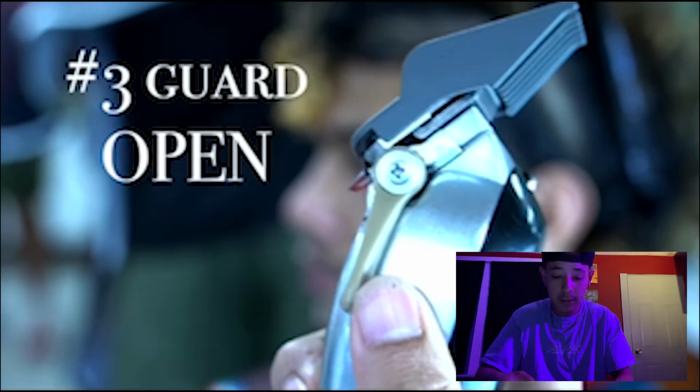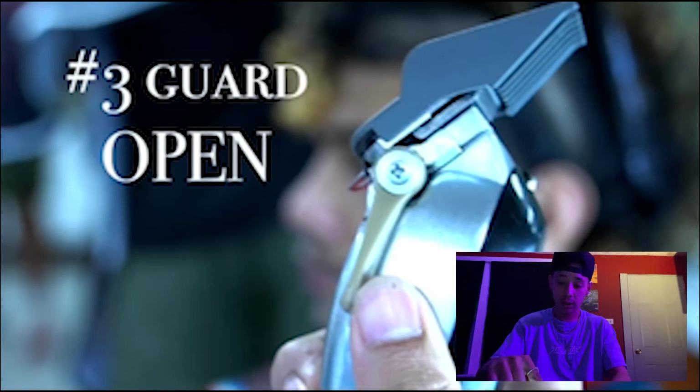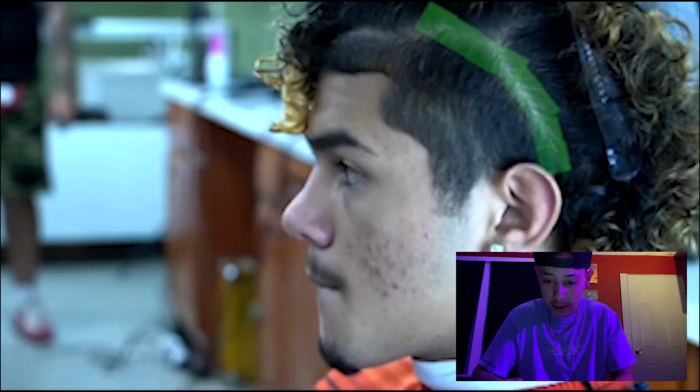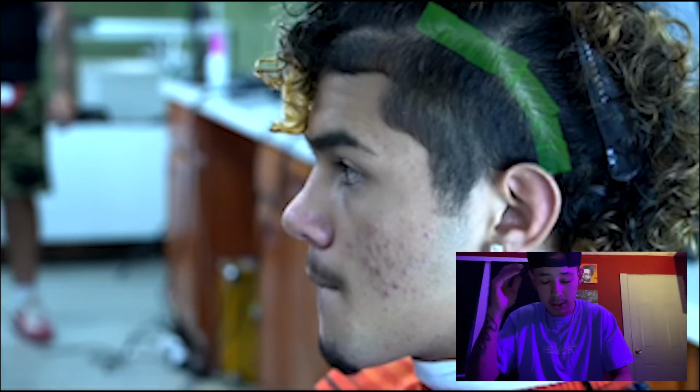And then right here we go. We got our 3-guard open, which means the lever is, you see where my thumb is, all the way open, which cuts the farthest away from the skin. So you'll see what I'm talking about. Anyway, we got that open right there. And then you see where I did that green highlight. I didn't know how to demonstrate that, but up to this green highlight point where the ridge is, and